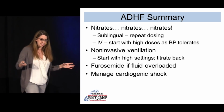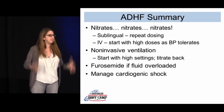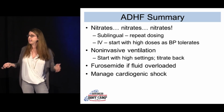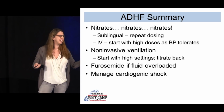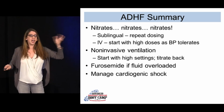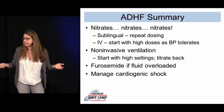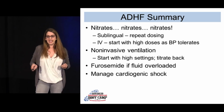Okay, so just a little summary slide for acute decompensated heart failure. Nitrates, nitrates, nitrates. We said this is the mainstay. This is what's going to help your patients feel better, so make sure to give it. Start with sublingual and then give IV. Non-invasive positive pressure ventilation, start it early. Don't wait, get respiratory therapy down there and do it. Start with your high settings, and then you can decrease as needed. Give them some Lasix, whatever the dose, it doesn't really matter, but just give it,